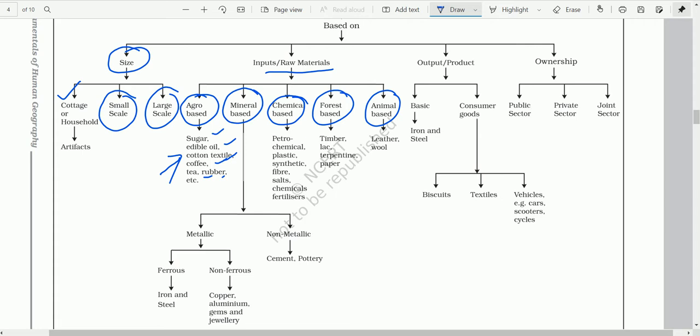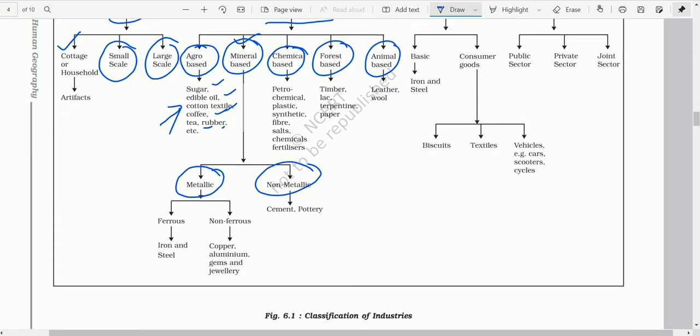Mineral-based industries are again subdivided into metallic and non-metallic. Metallic means which contain metal, non-metallic which do not contain metal. For example, cement industry, pottery are examples of non-metallic industries. Metallic industries are again subdivided into ferrous and non-ferrous, that is, which contain iron and which do not involve iron. So we have the iron and steel industry as an example of ferrous, and others like copper smelting, aluminum, gems, and jewelry are examples of non-ferrous